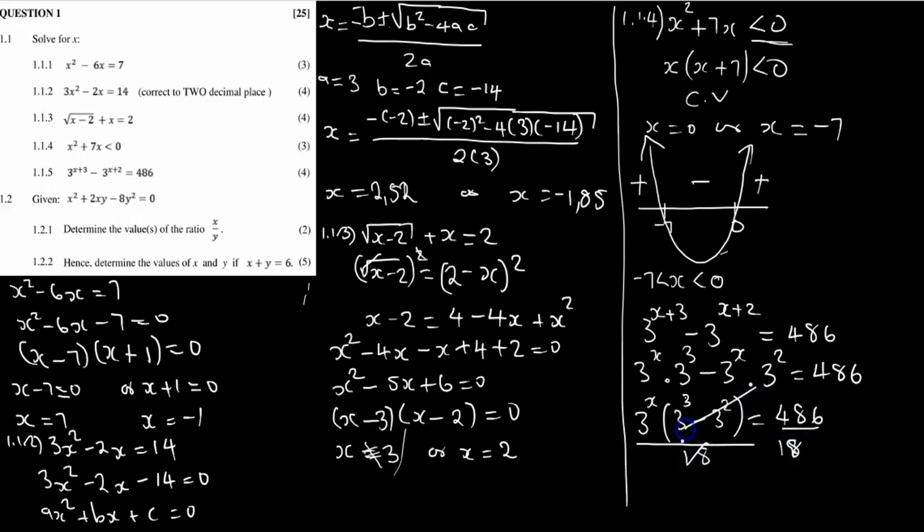And then this cancels that, and you are having 3 exponent x equals 27. Now we say 3 exponent x equals 3 exponent 3, therefore since the bases are the same, the exponents are equal to each other. So your x equals 3. And then we are done with this one. Now we go to